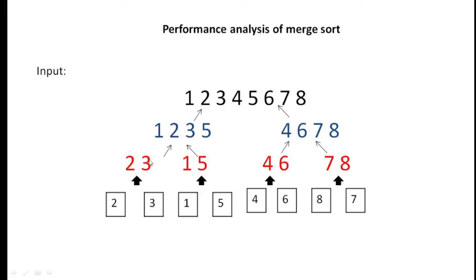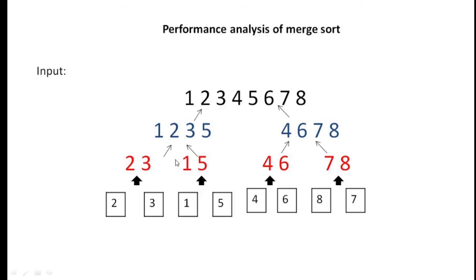Now since I've taken 2 from this list, I increment the pointer, and after that it will be pointing at 3. Then we'll be comparing 3 and 5. Whichever is smaller is taken up here. 3 is smaller. Now again I've taken 3 from this list, so I increment the pointer here, and this pointer is going to point at the infinity value, and we'll compare infinity with 5. 5 is smaller, so 5 will be taken here.